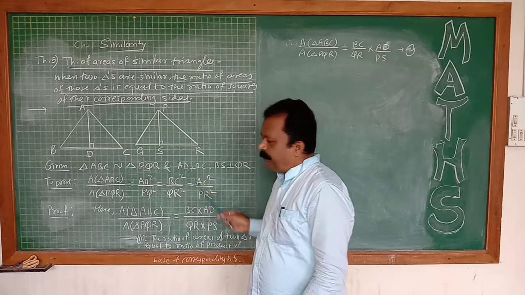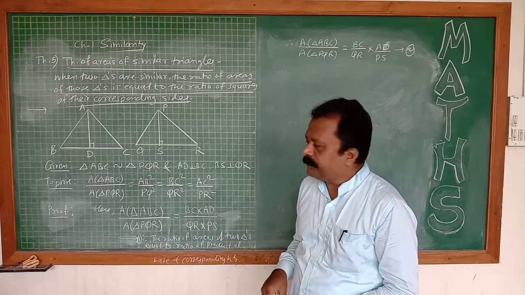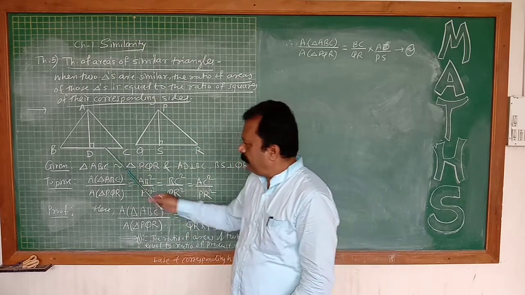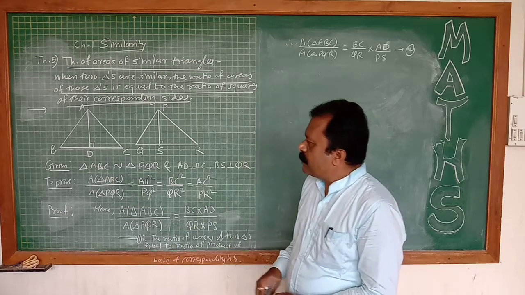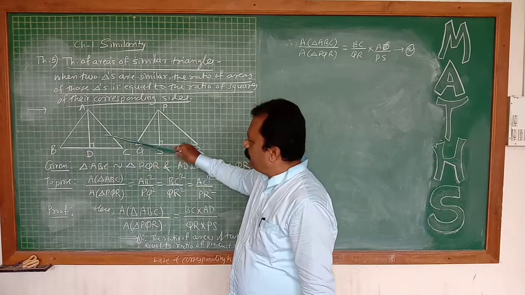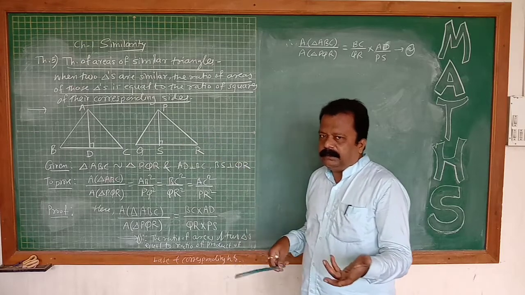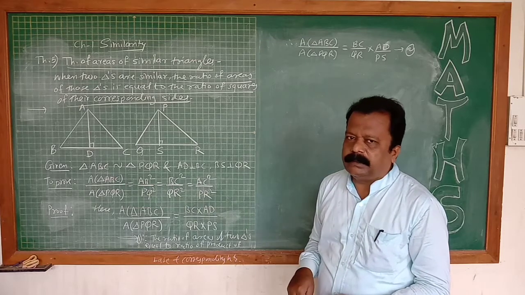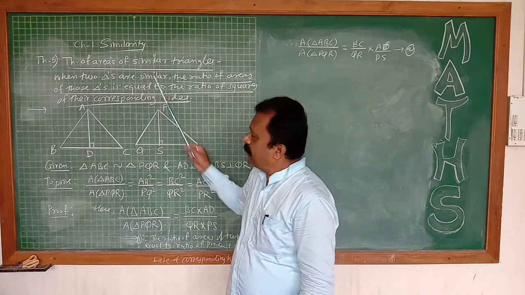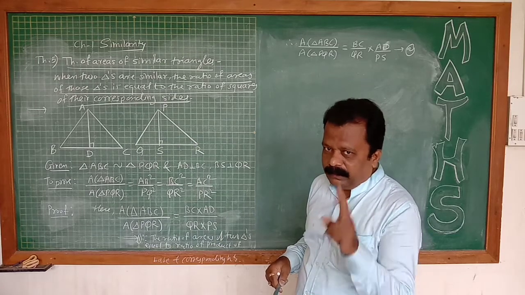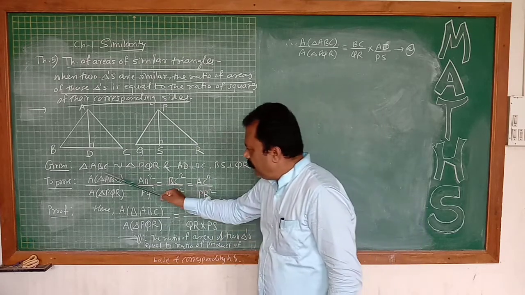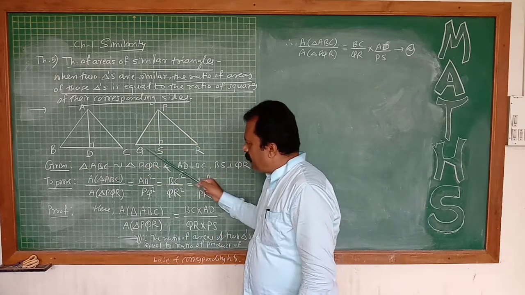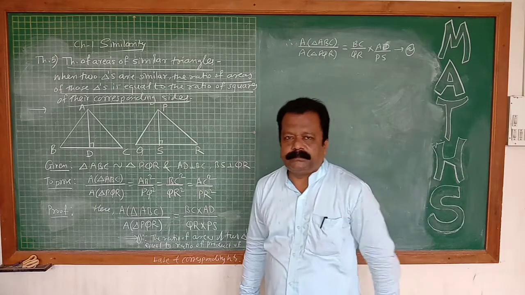So we have drawn triangle ABC and triangle PQR and mentioned them. And these are the heights of those triangles. AD and PS are the heights of triangles ABC and PQR, so AD is perpendicular to BC and PS is perpendicular to QR. This is the given part. According to the figure, write the given. The given is that triangle ABC is similar to triangle PQR, and AD is perpendicular to BC and PS is perpendicular to QR. You have to mention that in the given.